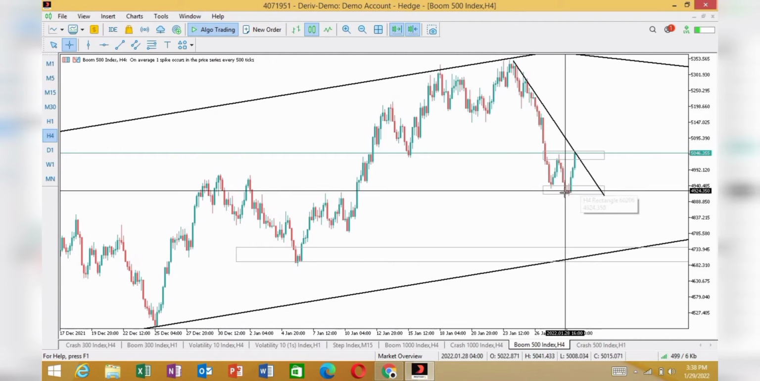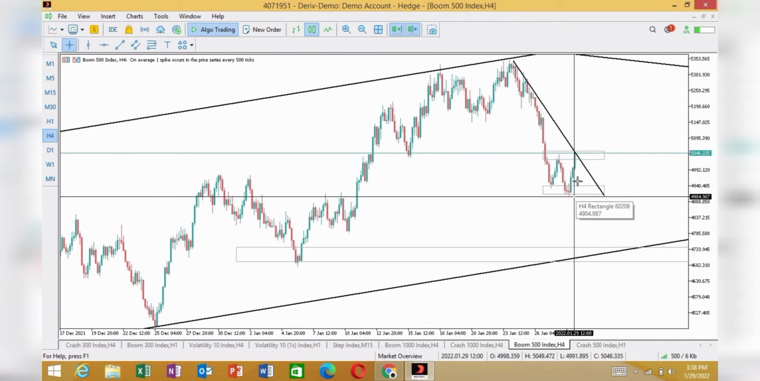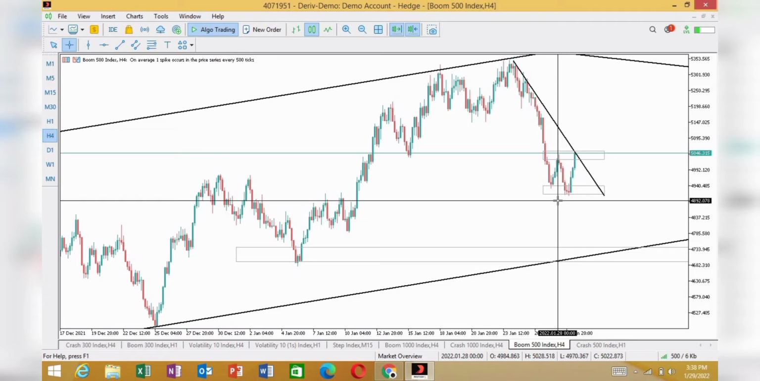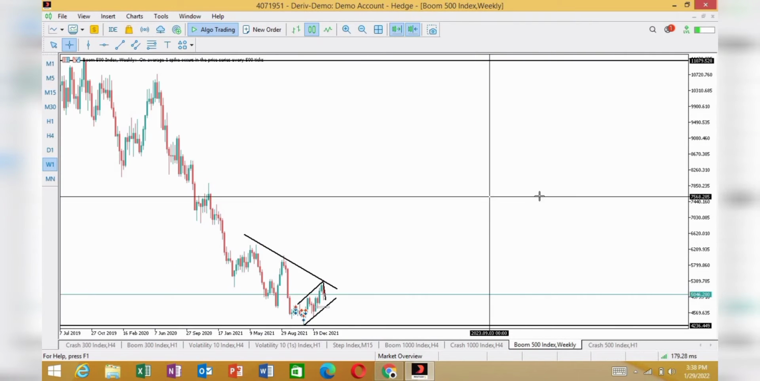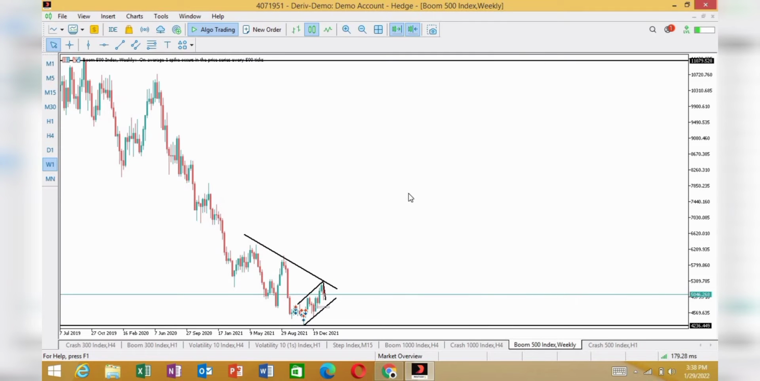I placed it a little bit below, because this area is said to be a support. And what do we do on a support zone? We look out for a buying opportunity and we set our stop loss below it. So that is that. Let us start the analysis. As you all know me, I'm a price action trader, and I start my analysis from